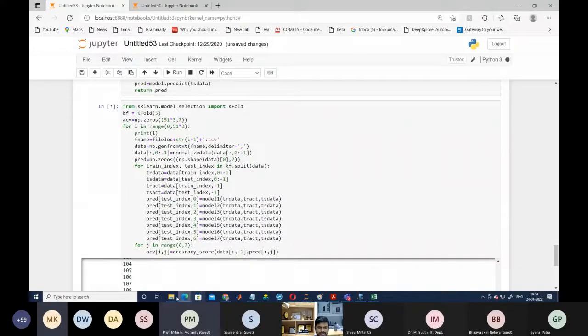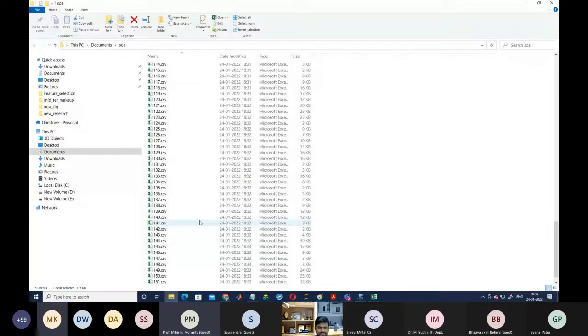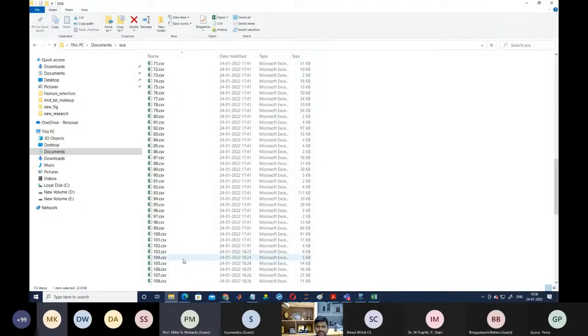$122. Total 153 different data are there.